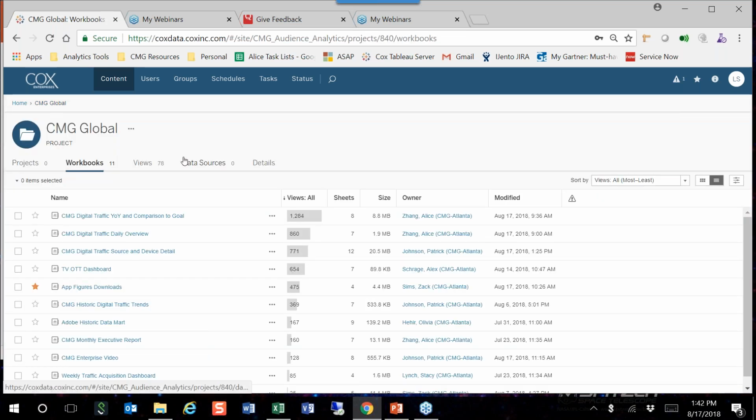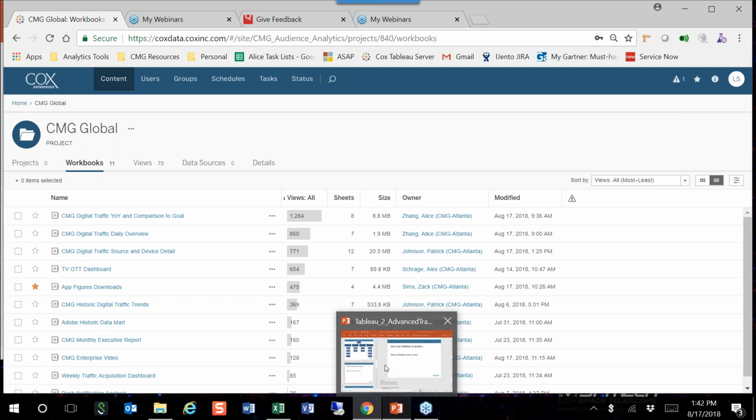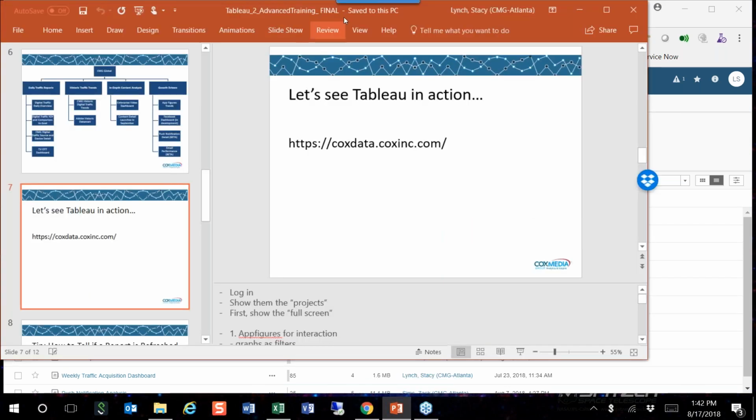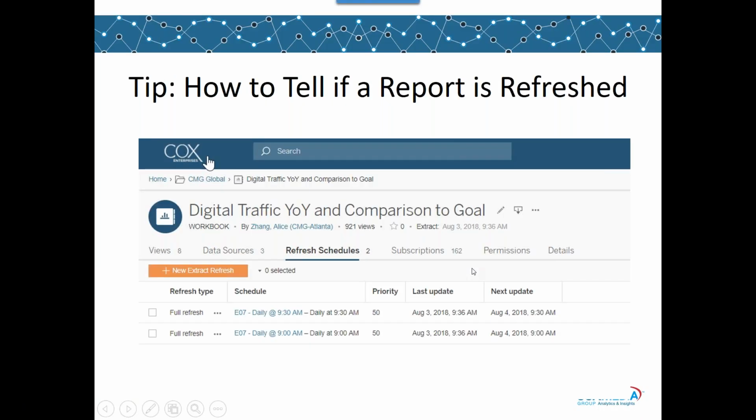And I'm going back to the major workbooks. Again, this will keep track of all your different workbooks and the views that you have access to. So we've covered a lot of the main tips and the main interactions that I wanted to highlight. Let's go back here and talk a little bit about how you can tell if a report is